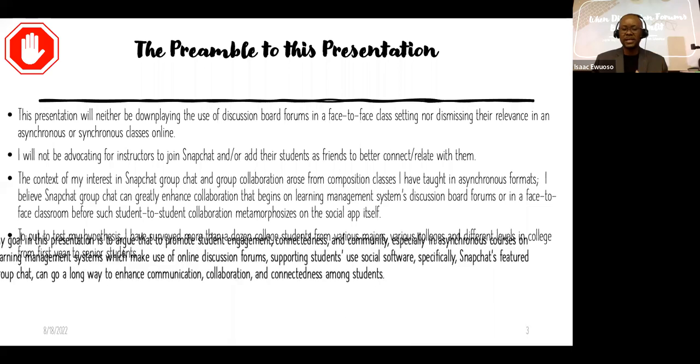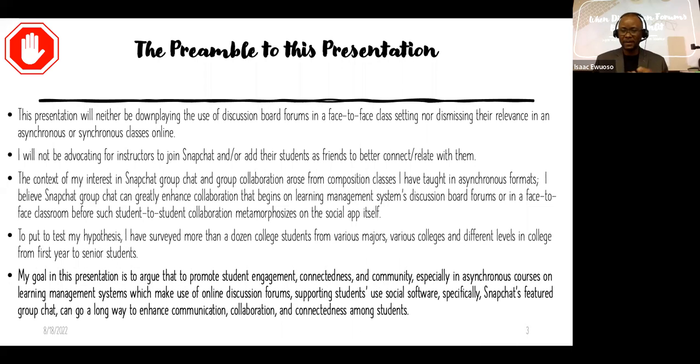I have surveyed students for this presentation, and I'm indebted to my students. As a matter of fact, this presentation was inspired by something that happened in fall 2020, during the height of the pandemic. I had a student who wanted me to mediate between her and another student who, according to her, had not invited her to join the group's Snapchat group that was formed in relation to an assignment group project.